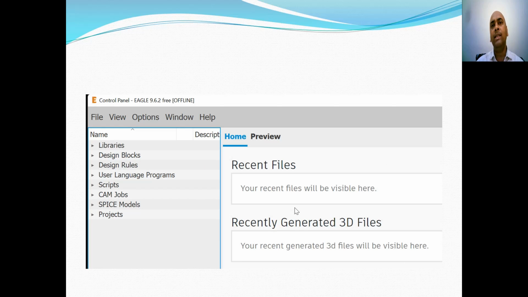So once Autodesk Eagle is installed, the control panel of Autodesk Eagle will appear on the screen. The Autodesk Eagle control panel is as shown in the slide, and it consists of various folders like libraries, design blocks, design rules, user language programs, scripts, CAM jobs, spice model, and projects.